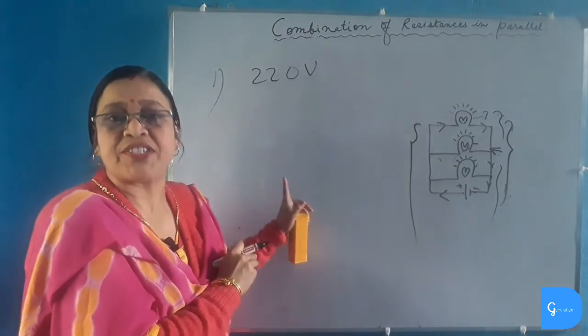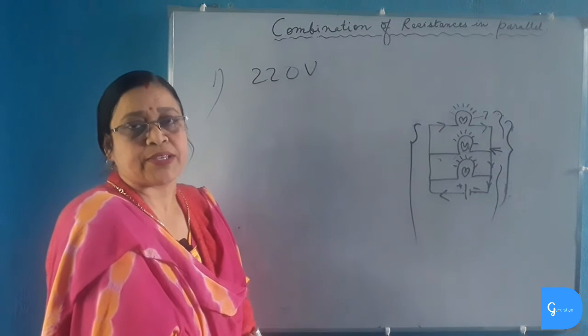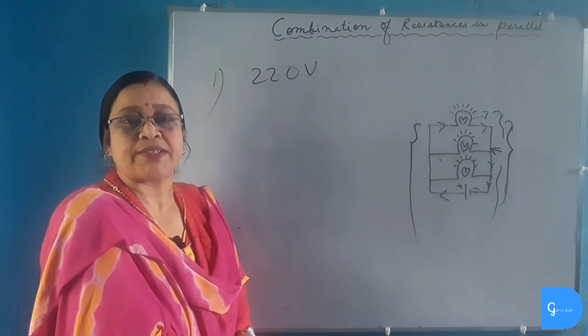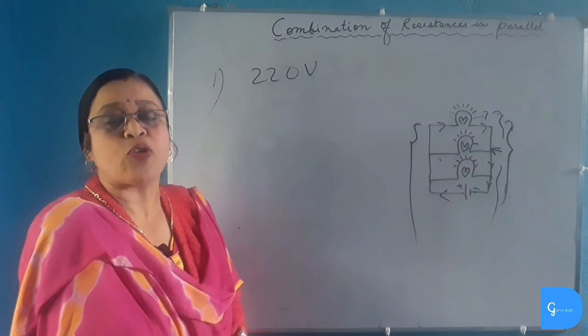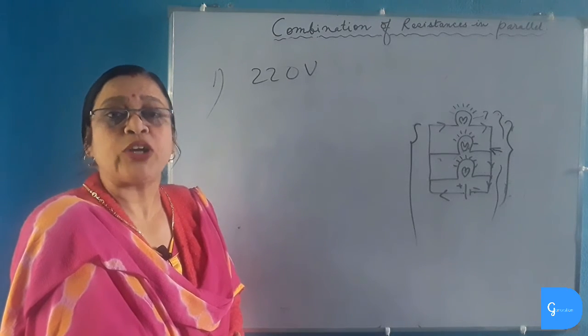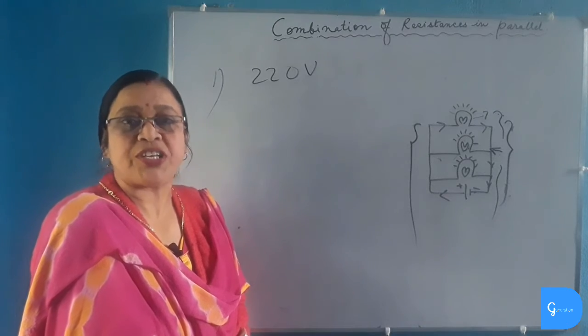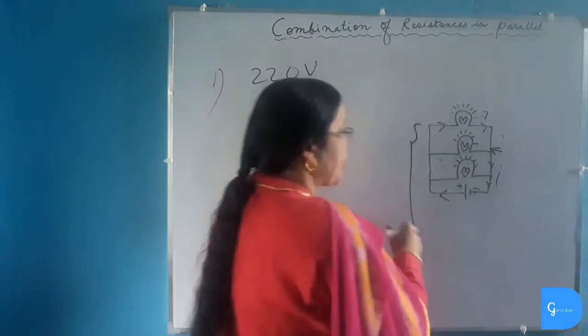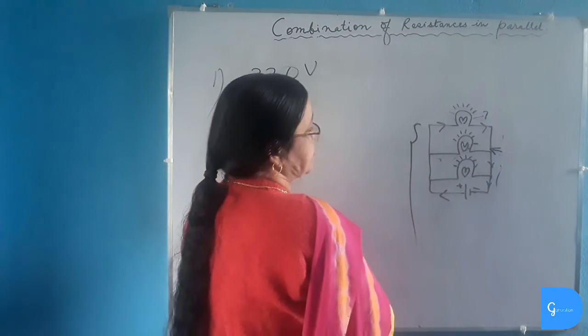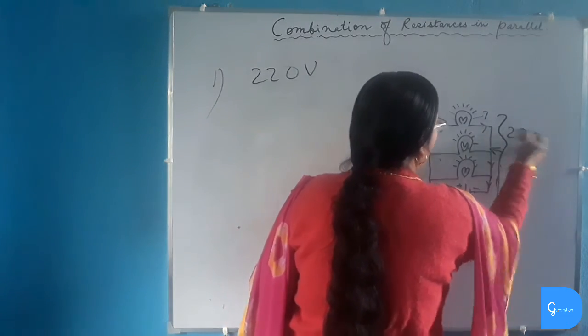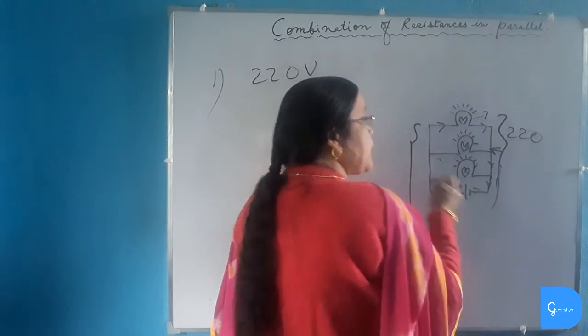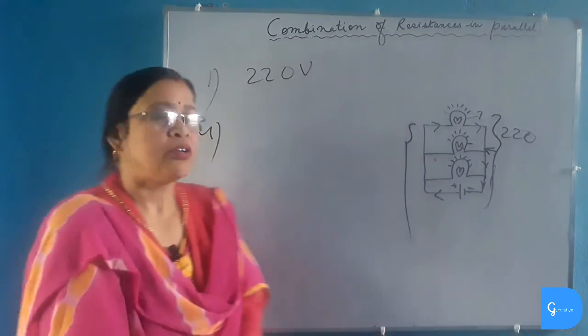The potential difference is same for all electric appliances. So all the electrical appliances in parallel circuits work properly because they are getting the required amount of voltage, equal to that of the power supply line, which is 220 volt. For example, if the bulbs are connected in parallel and each are getting same 220 volt, then all the bulbs will glow brightly.